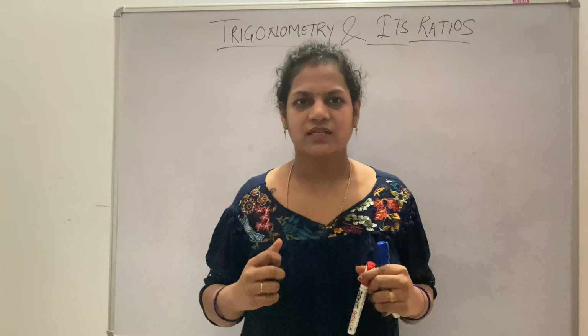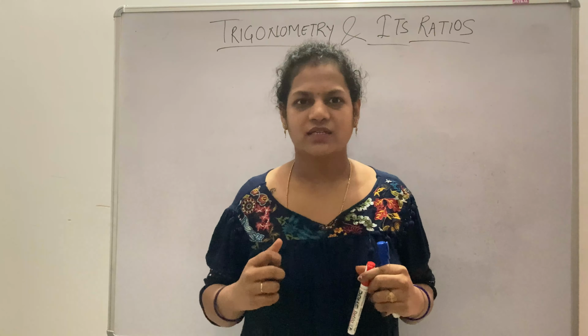See here is one right angle triangle. Here I named it as A, this is B and this is C. First I will explain a small one, then I will proceed. Name this angle as theta. Theta is your angle. My first ratio is sine. Sine theta. I named this side as A, this as B and this as C, small a, small b, small c.